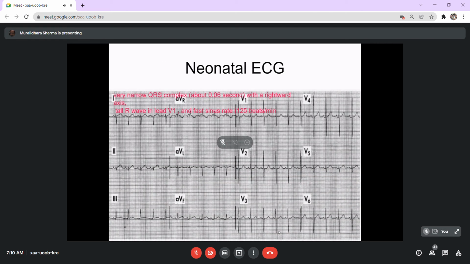Then one more to complete the ECG discussion, though not very clinically important: the ECG in children and neonatal conditions may not have the same rules as we have discussed. In a newborn ECG, the QRS complexes are very narrow, heart rate is usually high, and the axis is deviated more towards the right side, because in the newborn, the pulmonary circulation is the most important issue, and the ventricular circulation gets established later. So you will have a right axis deviation, a very sharp QRS complex, and the rate is quite high, usually around 100, 120 or so. So this need not be considered as abnormal.